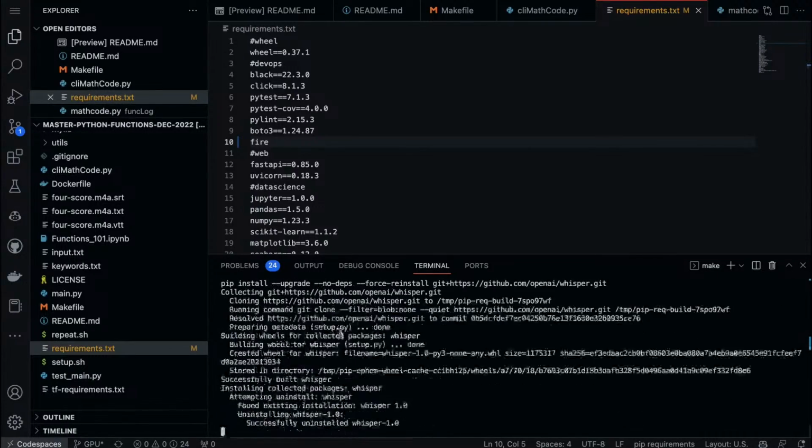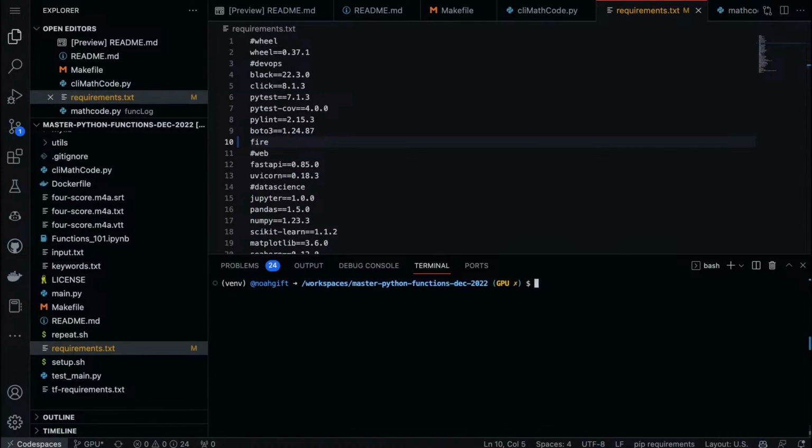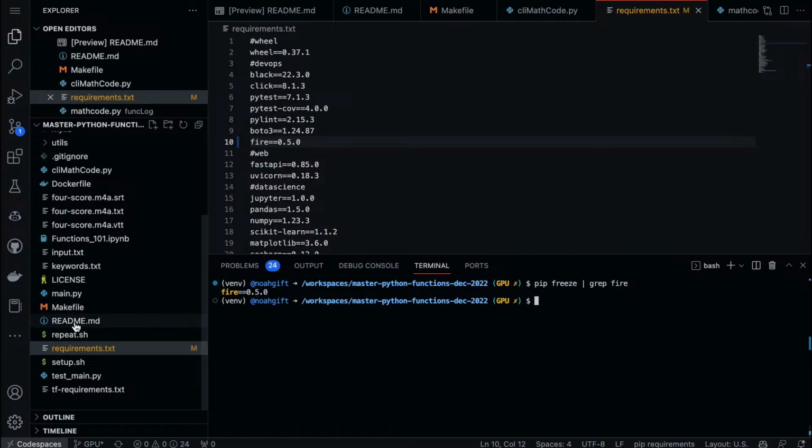There we go. So it's installing 0.5. Now, how do I pin this? I just say pip freeze grep Fire, and I just put this inside, right? So we know that in the future, I should be able to use this. That's it. Pretty simple process. That's why I don't understand people using really complex tools. This is very simple. So next, I'm going to just create a file that will be similar to this other CLI.